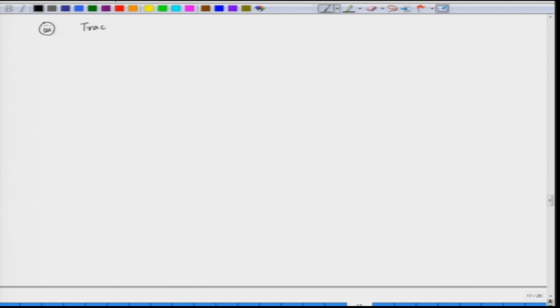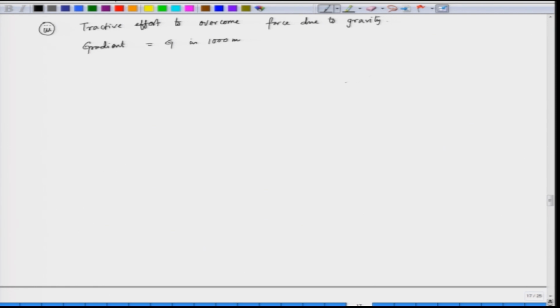Tractive effort to overcome force due to gravity. Usually the gradient is defined as gradient G equal to the elevation in 1000 meters. So, what is the elevation in 1000 meters? So, this is the gradient G.